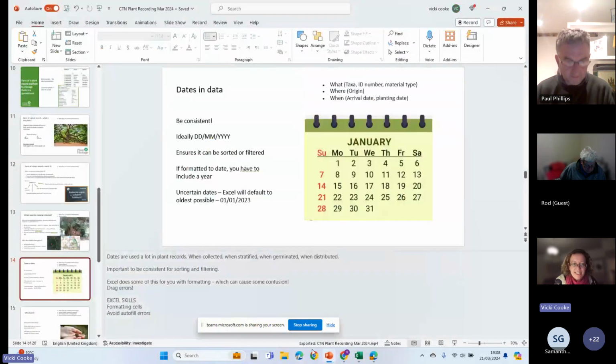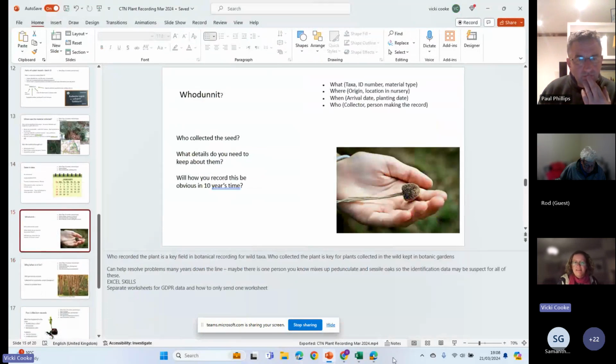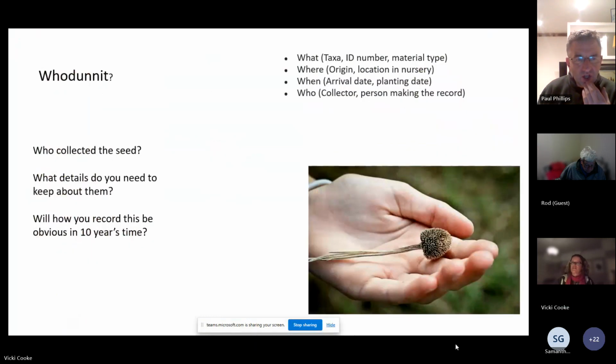Let's look at the next key fields that lots of people, certainly on the conservation side, will want to have in the records: who has done the collection, or who has been out and made this seed collection and identification. Who collected? So you can resolve problems down the line. This is the reason you do this: sometimes you can help resolve problems many years down the line,